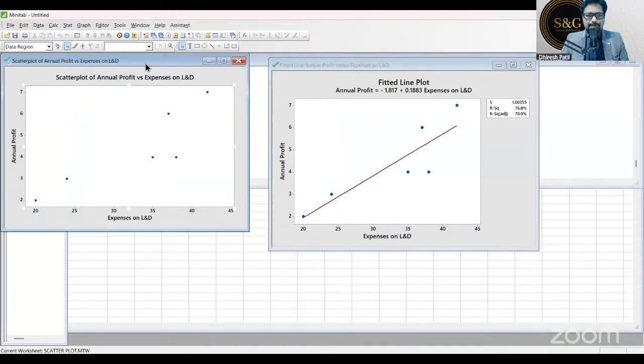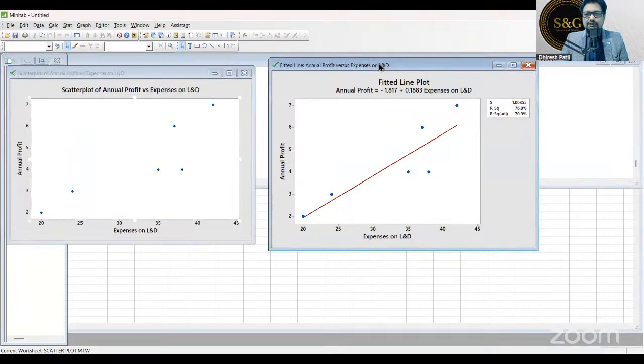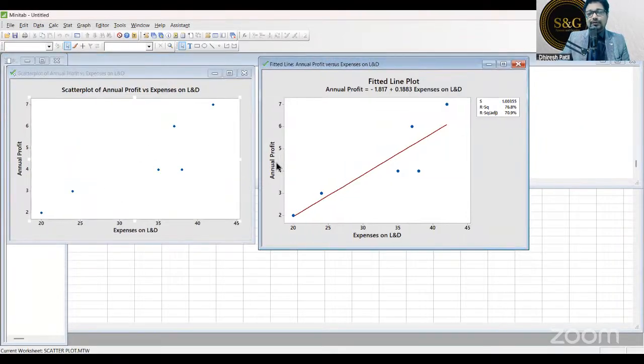Just observe this. The first one on the left is the correlation graph, and the second one on the right is the regression graph. They are exactly the same data, same graphs, only there are three additional pieces of information provided. Will it always pass through zero? No, it will not pass through zero. It will pass through whatever data has been provided. So zero may not be there. In this case, zero is not there.